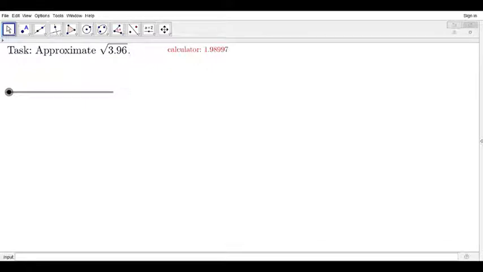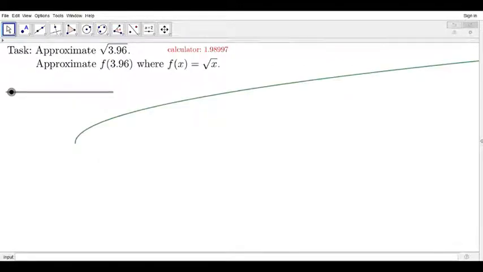In this section, let's use calculus to approximate the square root of 3.96. Equivalently, we want to approximate f of 3.96, where f is the square root function whose graph is shown. X equal to 3.96 is close to x equal to 4. The square root of 4 is 2. So it is reasonable to assume that f of 3.96, or the square root of 3.96, is close to the